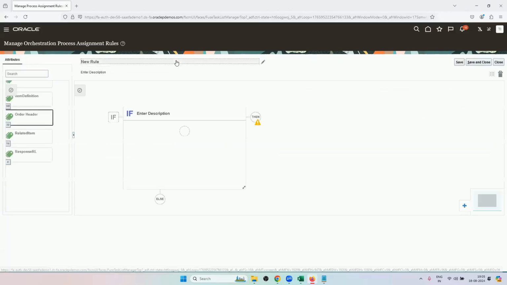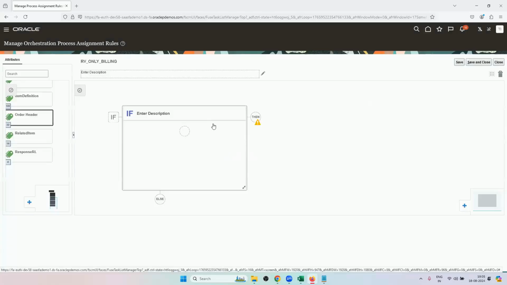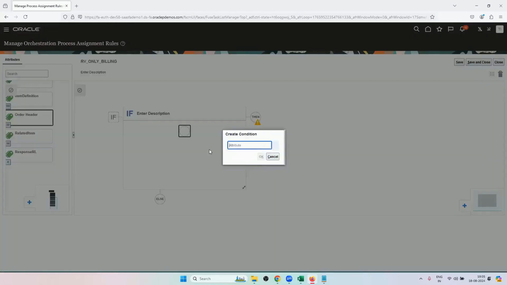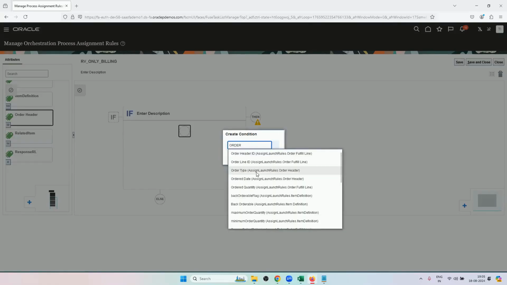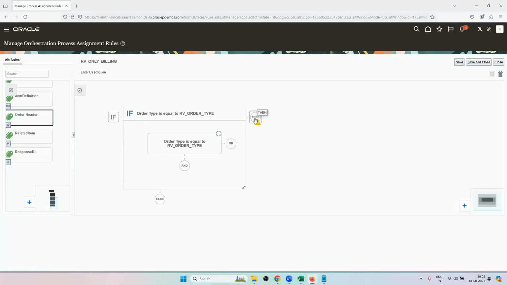Create new rule. Let me name it RB only billing. New condition. Now let me use order type only. Suppose I use order type, order type is equal to RB order type. Click on OK. Then